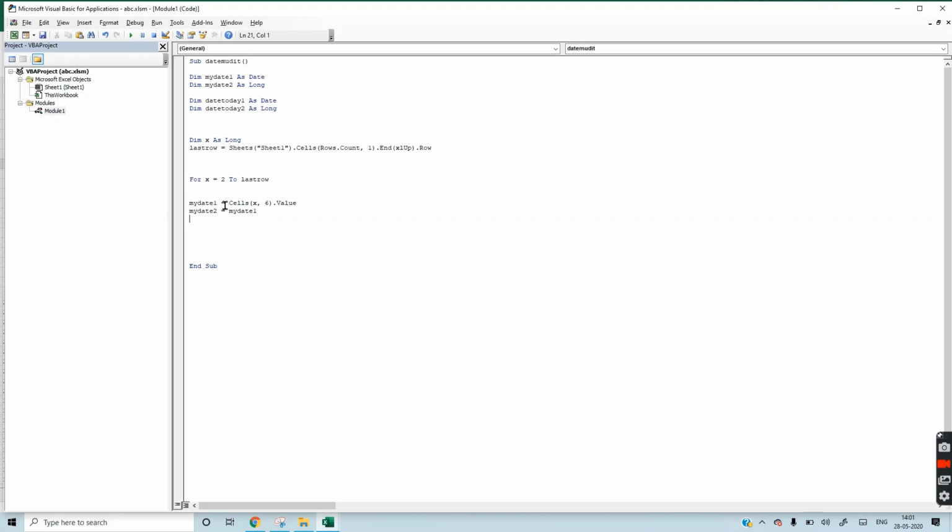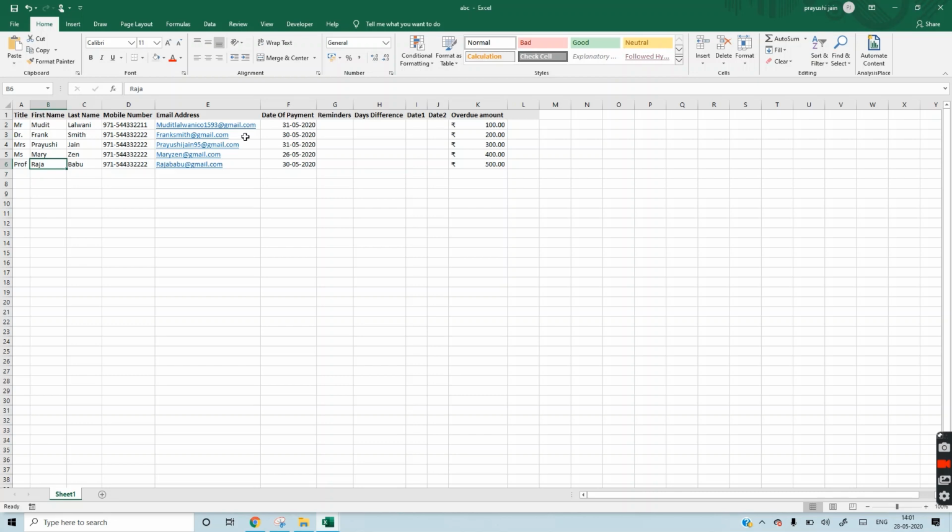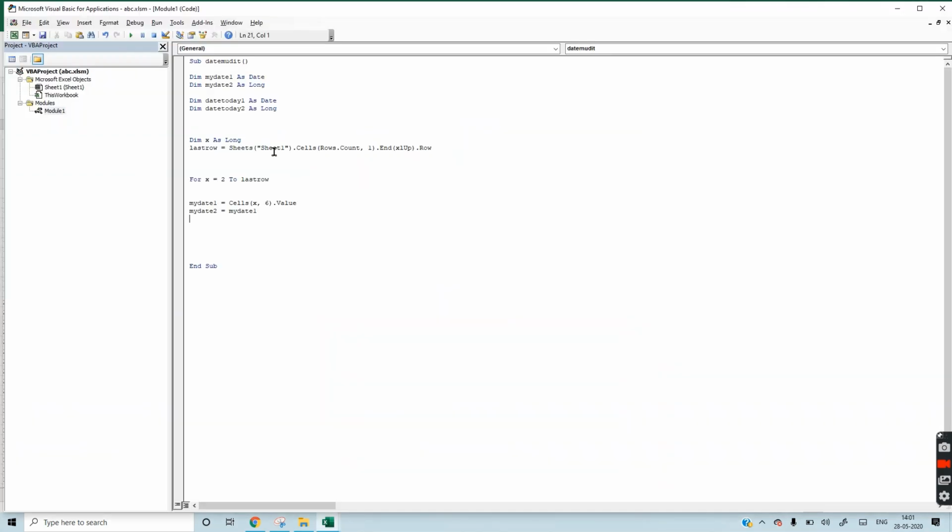So my date 1 will be the 6th column value. So this is the 6th column.